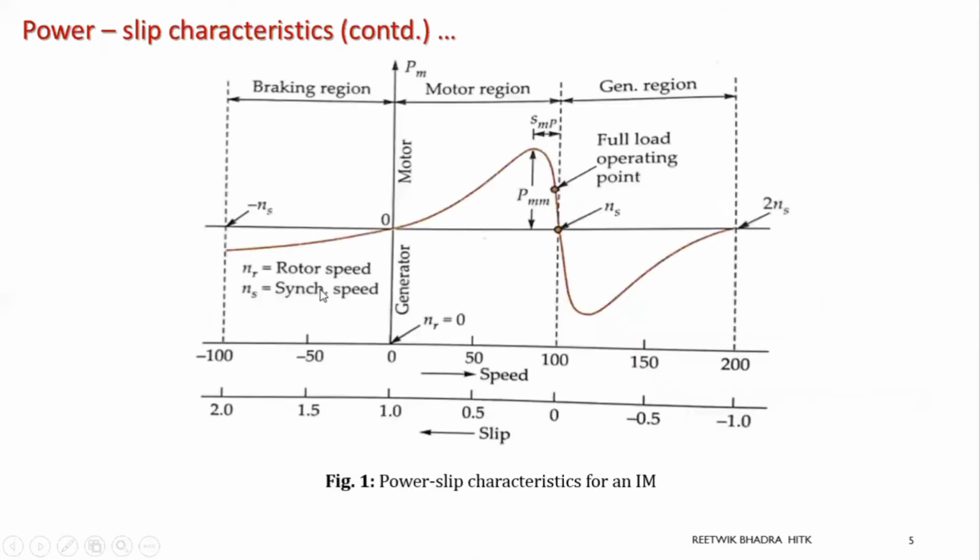And it will follow the same characteristics as before. At low values of slip, it will be linear, reach up to a maximum value, and then go as a rectangular hyperbola. You can check all this by the previous relations only. And then rectangular hyperbola, but at this point it will be 0.